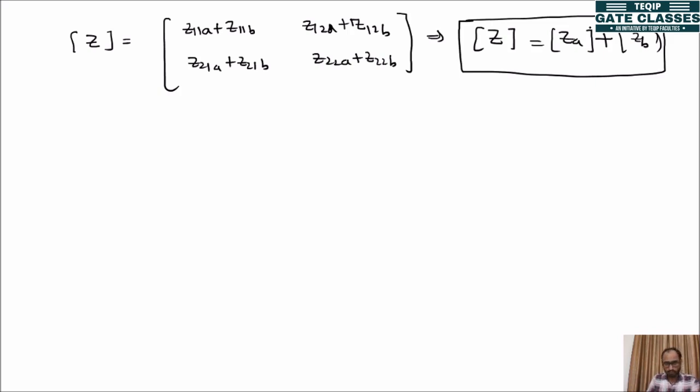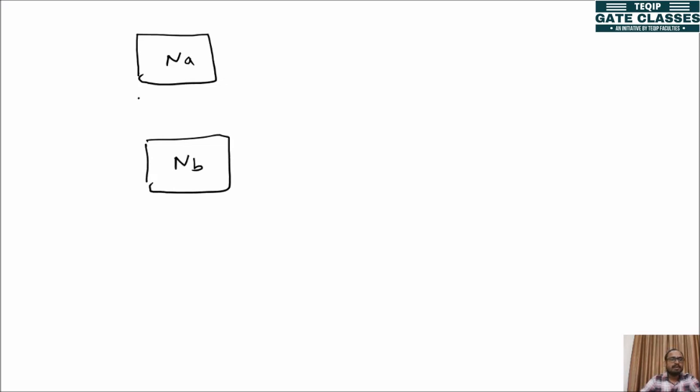So you can see it is very convenient for us. If we know the Z parameters of the A and B networks, then we can easily get the complete Z parameters. So that's why we have chosen Z parameter when the networks are connected in series. Now see what will happen if the networks are connected in parallel. See, network A, network B, two ports like this.